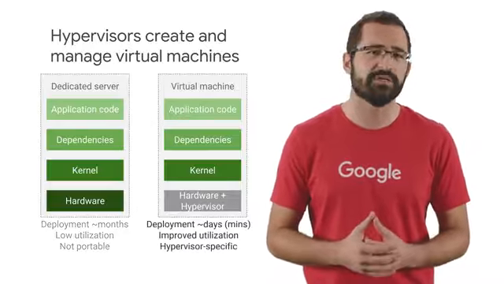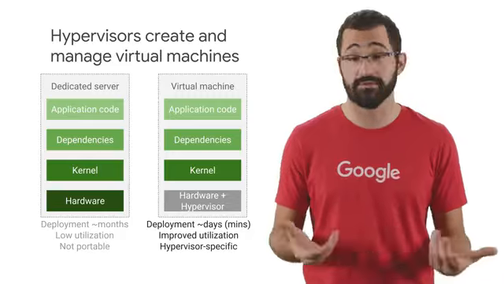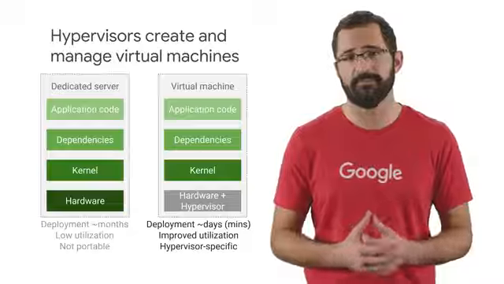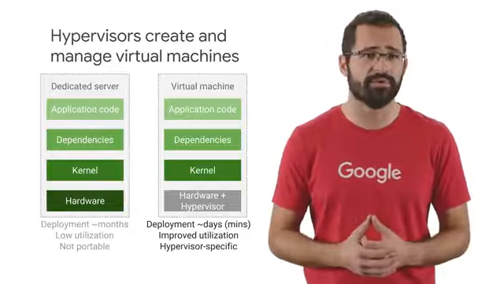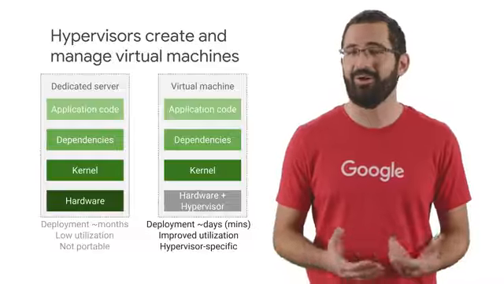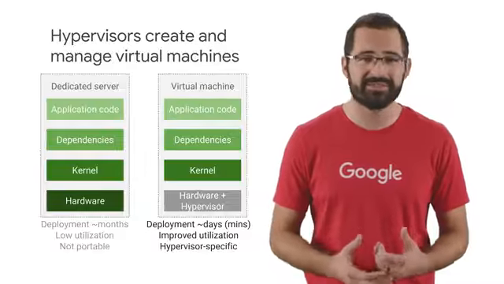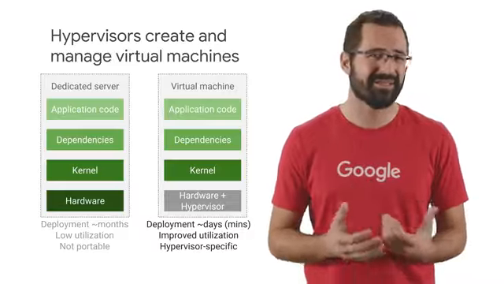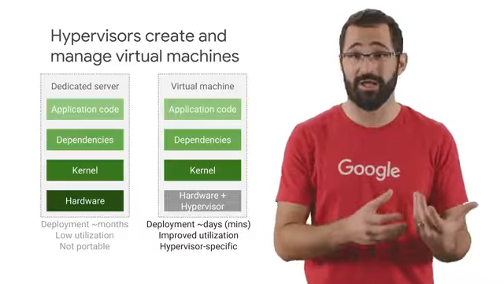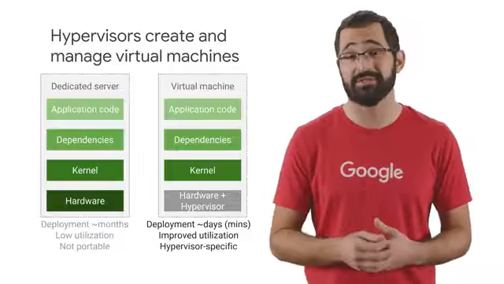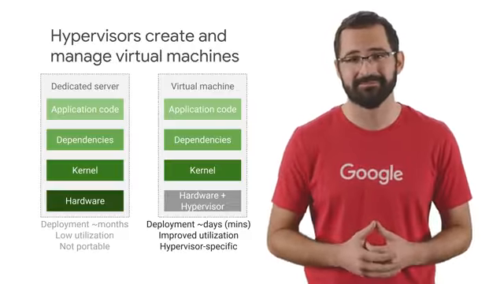Now, adopting virtualization means that it takes us less time to deploy new solutions. We waste less of the resources on those physical computers that we're using. And we get some improved portability because virtual machines can be imaged and then moved around. However, the application, all of its dependencies and operating system are still bundled together. And it's not very easy to move a VM from one hypervisor product to another. And every time you start up a VM, its operating system still takes time to boot up.